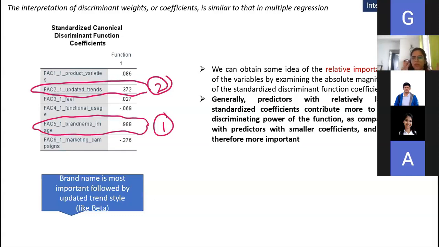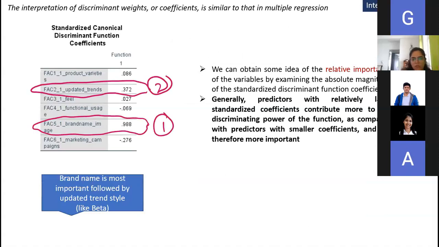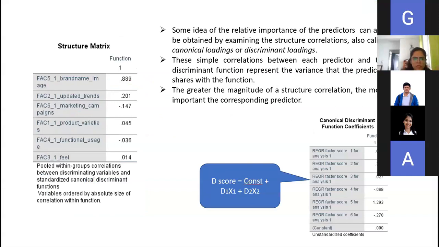Are males and females different? The question was whether for these factors, the importance between male and females is different. So yes, definitely it is. There are other tables also which you can check, but they tell you the same thing: which variables are creating this differentiation and how important these are. And these are just standardized ones.